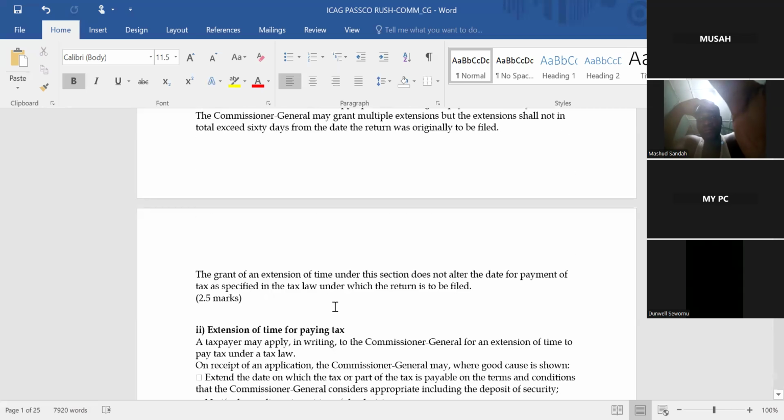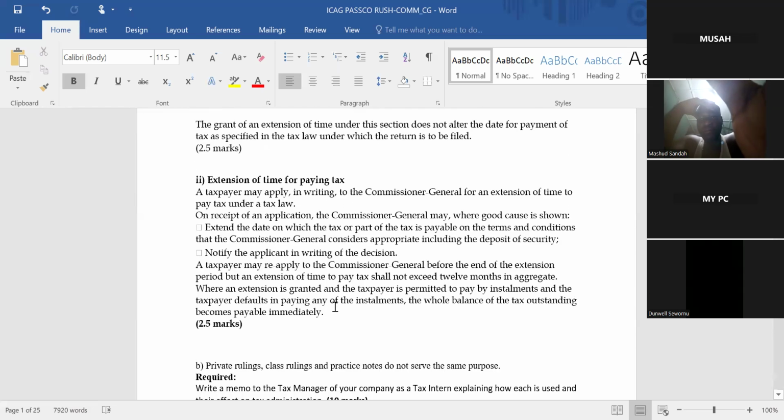Now, so that is what you can do under the extension of time to file. Now, the examiner also made mention of the extension of time to pay. One thing is that you can file. It means that you have fulfilled one of the obligations. And now you are left with what? The payment. The filing, you don't lose anything. You just sit in your office, go to the GRA website, and have your document uploaded to the GRA, and then you wait to pay. So you can do them one after the other.